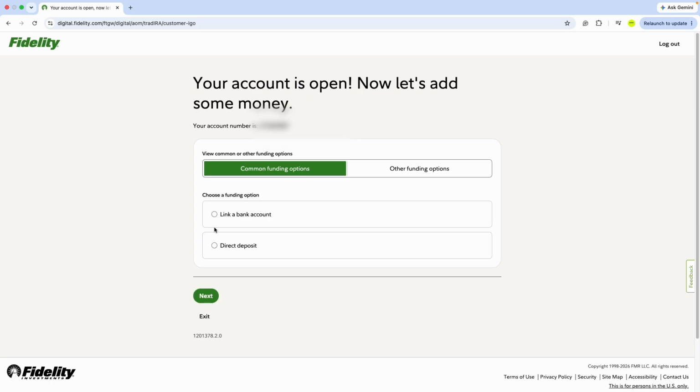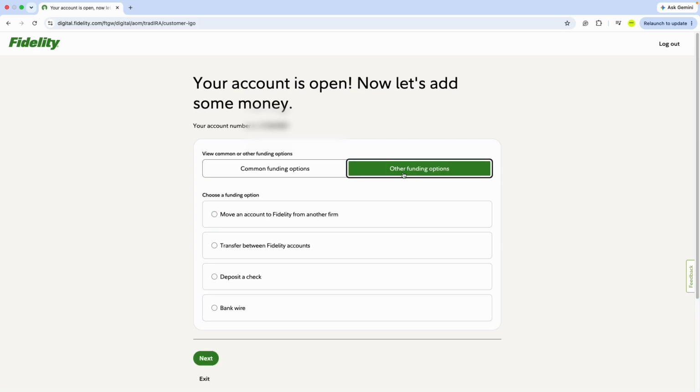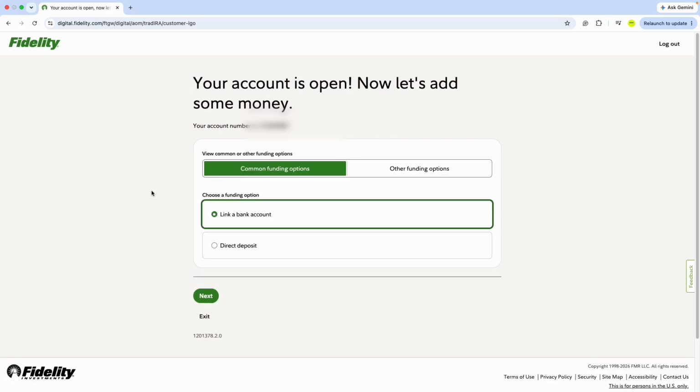On this page, click where it says common funding options, and what I normally do is link my bank account, or you can do a direct deposit. However, you can also use other funding options, where you can move an account to Fidelity from another firm, transfer between Fidelity accounts, deposit a check, or use a bank wire. In my case, I'm just going to go back to common funding options and select link a bank account,